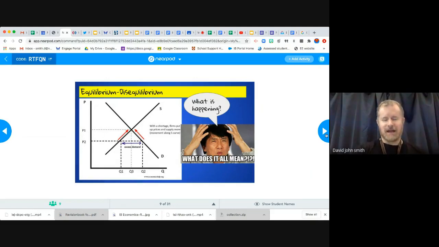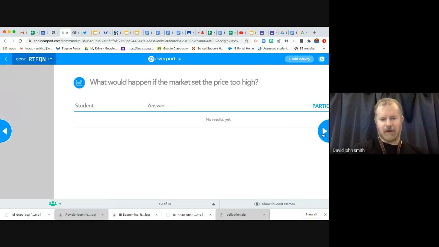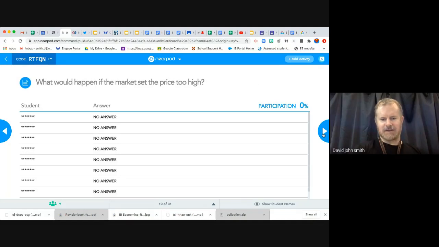So that's where it is. That's called a disequilibrium, right? Where the market is not at an equilibrium. It's called a disequilibrium. So if, however, the price is the other way and the price is set too high,